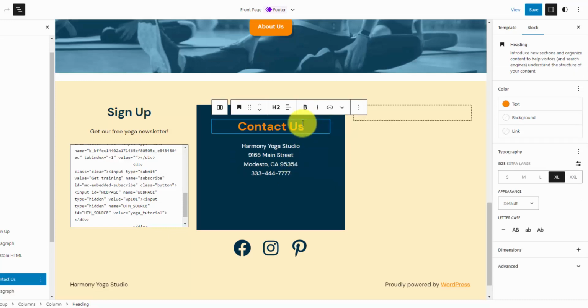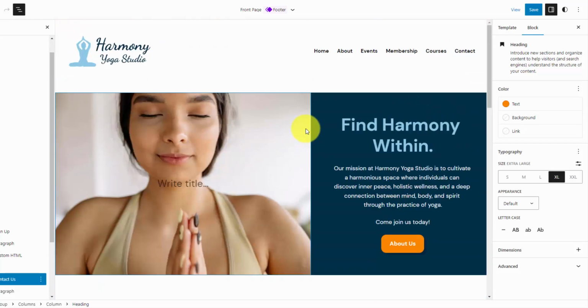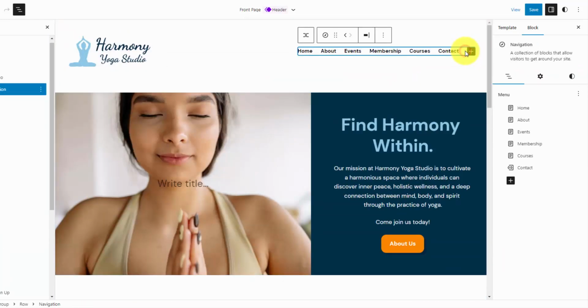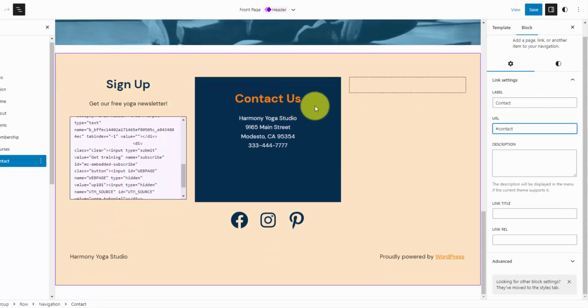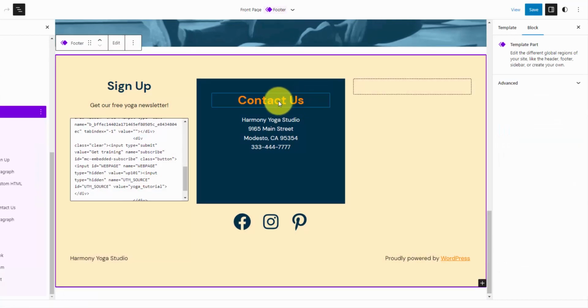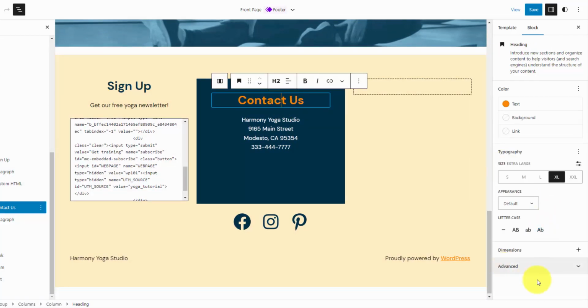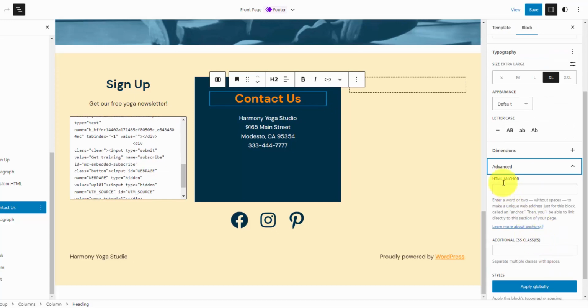Like I mentioned when we did the navigation menu, when we click that, we want that to come to the Contact Us section. So if we go back up here to our Contact button, you can see that the URL for that is #contact. So that means we're linking to an HTML element that should have the ID of contact. So if we go back down here, I usually like to do it on the title. So we'll click the headline, and if you go into the advanced, this is where you can set your HTML anchor, and that's what sets the ID. So if we just set this to contact with no hashtag, that will make our link work and jump down